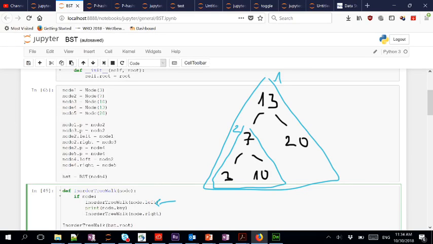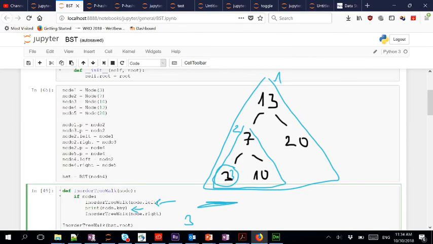Then we're going to do an in-order tree walk on the left subtree, so the subtree starting at the left child. That in turn will recursively call an in-order tree walk on the left child of the left child, which is then simply on this subtree only containing a 3. That in turn will call an in-order tree walk on the left child of 3, but the left child of